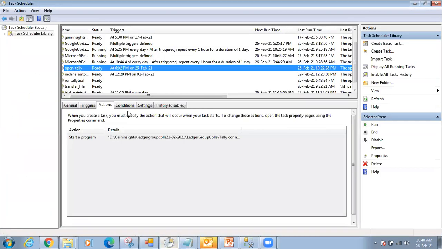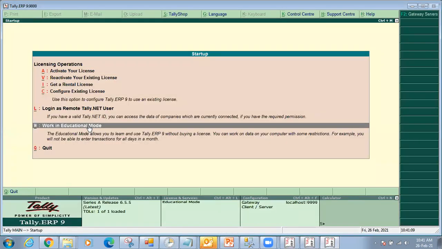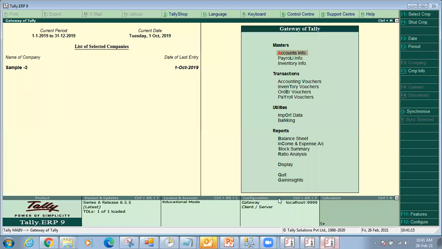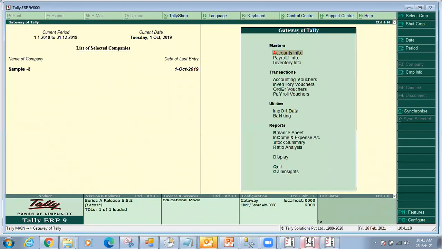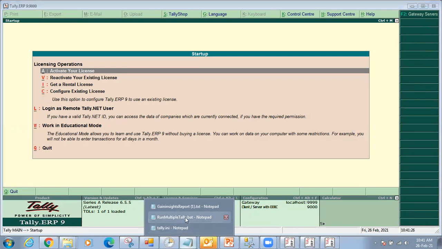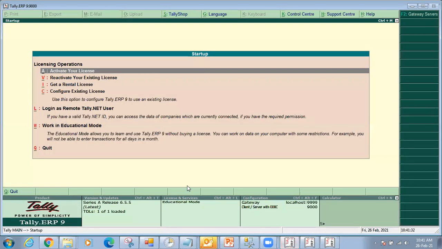Right. Now what I do here is I open Tally and I run this. So at a particular time, it starts running. So first Tally opens. Since this is education mode, therefore it will ask you for which mode, but it will automatically open Tally here. So in your license version, it will not happen. Is that clear? Now at 10:42, this process will run, which you have put in the system event. Because this TCP has been loaded along with this. So before you do it, you have to load the TCP and then make the copy. Am I correct?